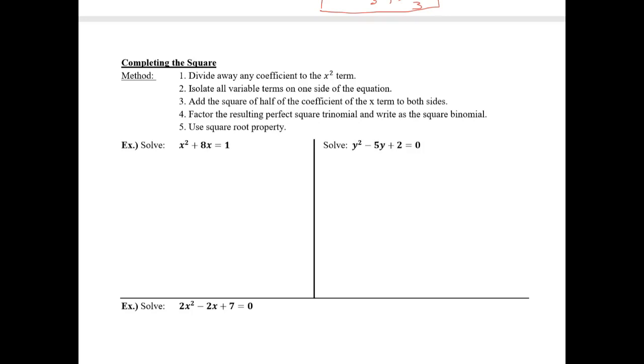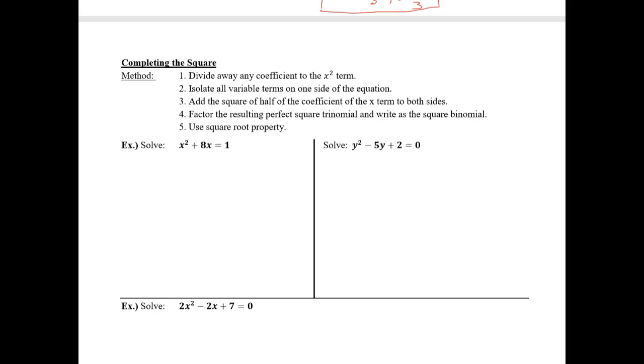In this video, we're going to talk about solving quadratic equations using completing the square. Now, in general, if you can, you should try to factor a quadratic equation first to solve it. But some things are not factorable. They're prime, as we've learned. And the completing the square method is a way to solve quadratic equations that are prime, meaning that they're going